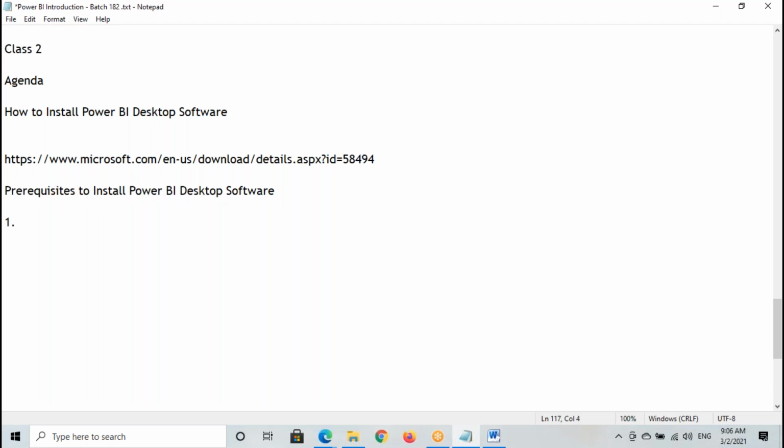The first prerequisite is the operating system. On which operating system can we install Power BI Desktop? Power BI Desktop supports only the Windows operating system. It will not support Mac, Linux, or Unix. Other than Windows, it will not support any operating system. So if you have Windows 7, you can install, or Windows 8, you can install, or Windows 10, you're